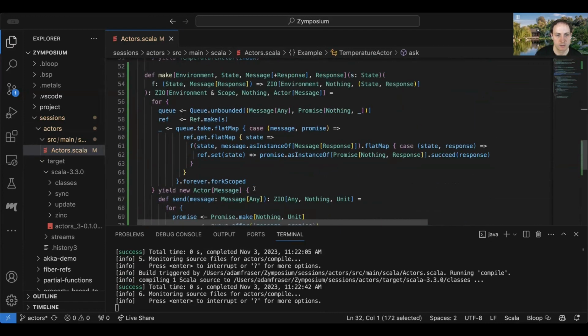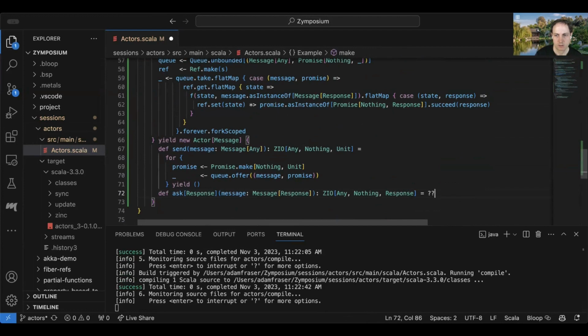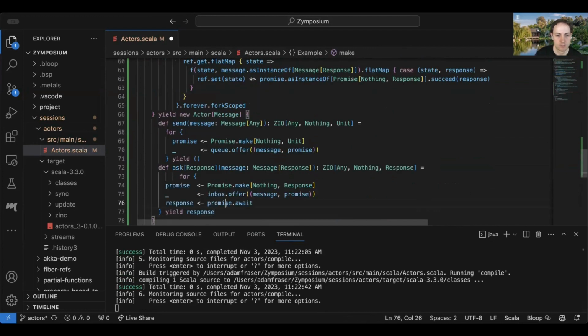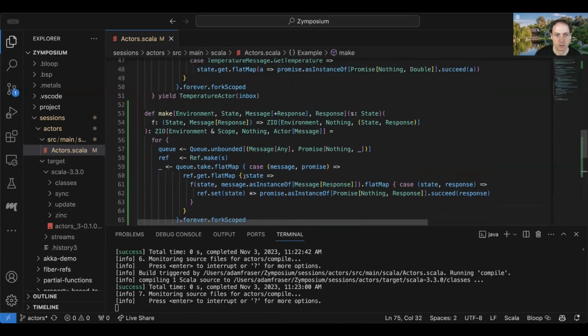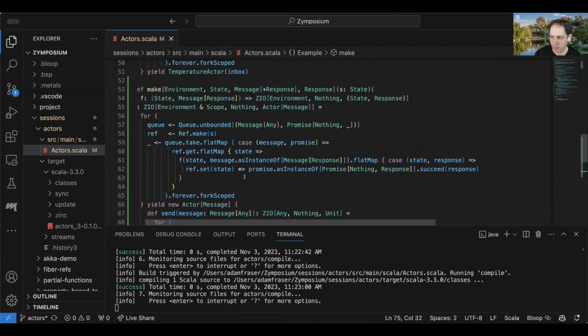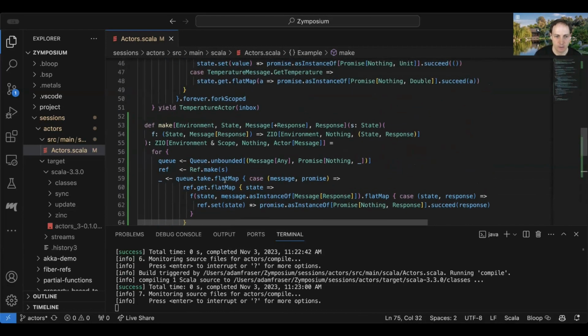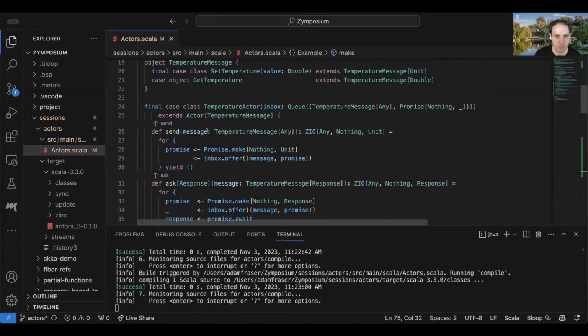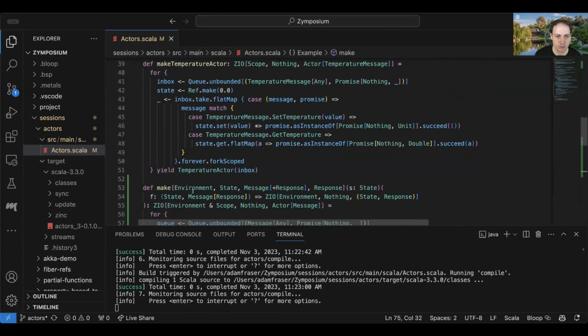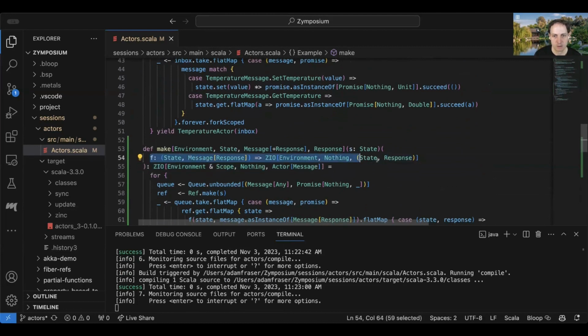And the ask is going to make the promise, offer it, and then wait for it and return its result. So now I think we've got an implementation of this make that essentially encompasses all the functionality we had in both make temperature actor as well as this definition of the temperature actor, just pushing the business logic into this function. Does this make sense to everyone?